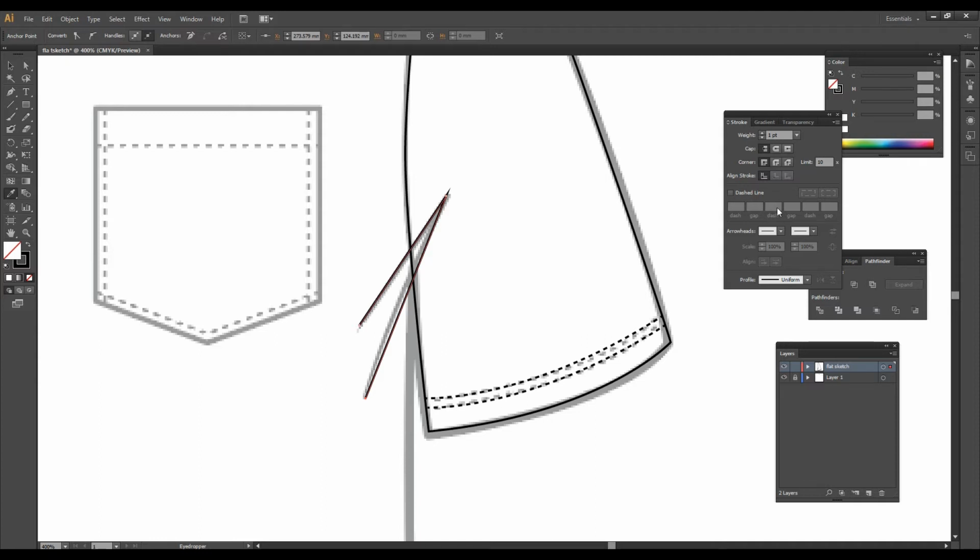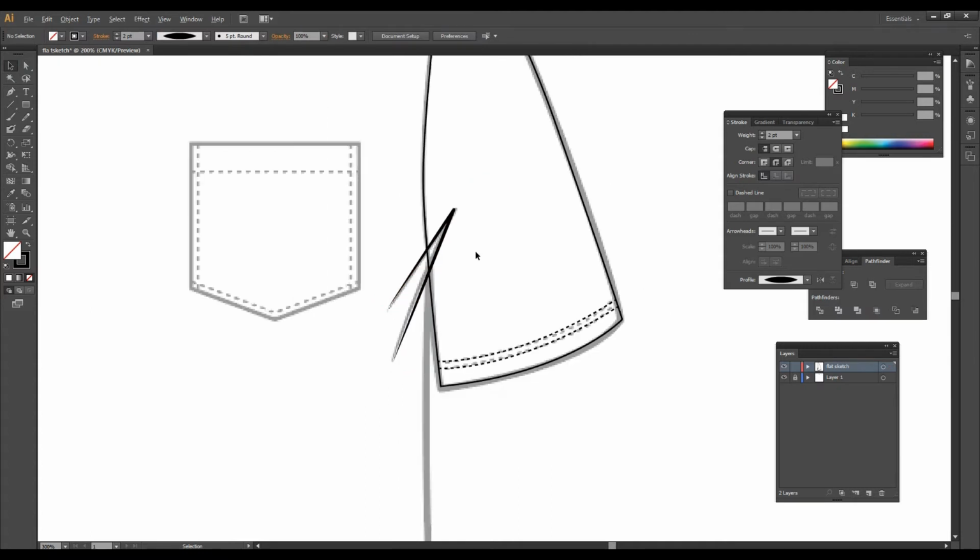We need to convert this line into the brush line. So go to the stroke panel, and inside the stroke panel there are different forms. Select the first form, after that the second form. It looks like a brush, and we need to change the width. Just 2 pt is enough. Here this looks awkward, so we'll need to change the corner. When we change the corners, it looks perfect.